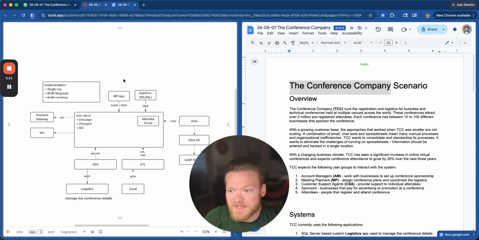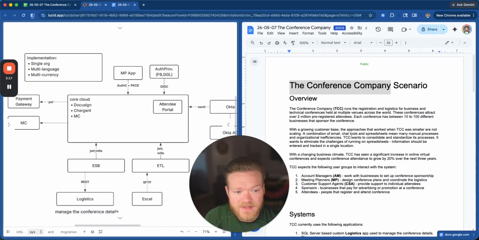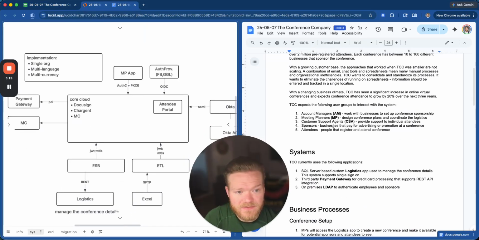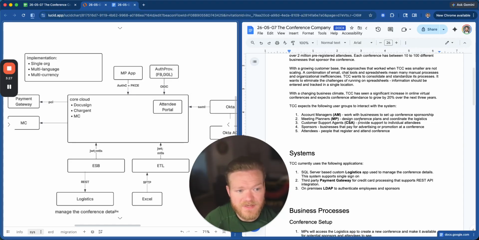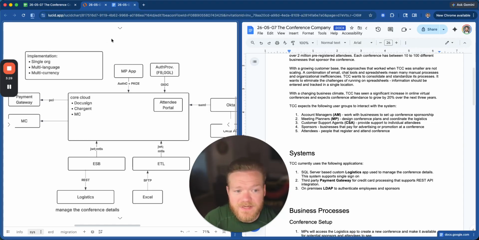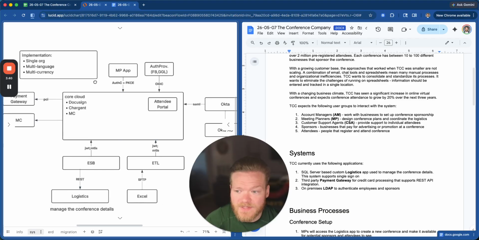Moving on to the system landscape, we have a single org here. I didn't see any need for a multi-org system, given the fact there aren't big discrepancies across different processes here, and there are no data residency requirements. We'll have multi-language enabled using the translation workbench that translates the metadata, including custom labels and HTML templates. And then we'll also enable multi-currency for the internationalization of the currency as well.